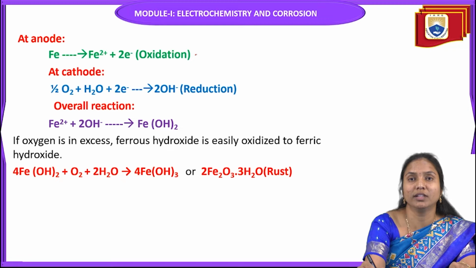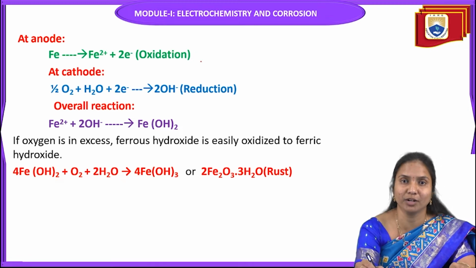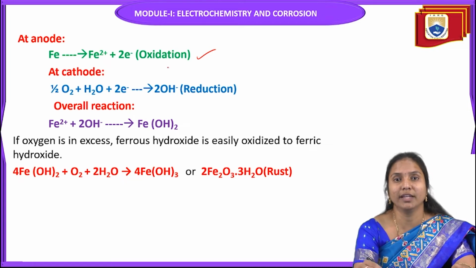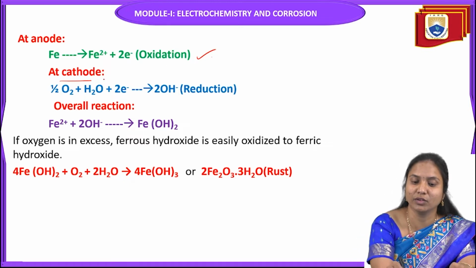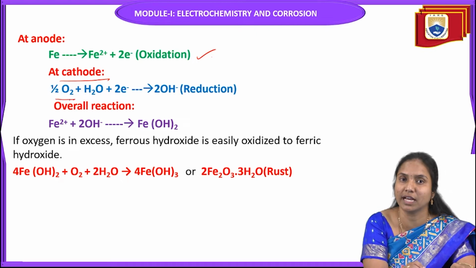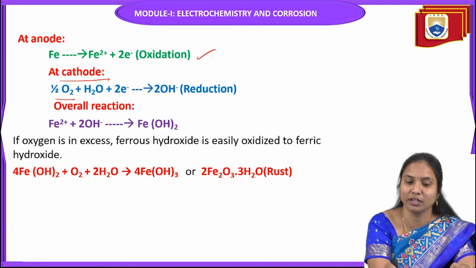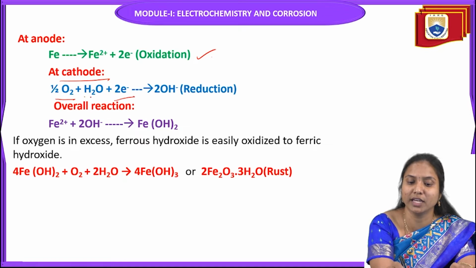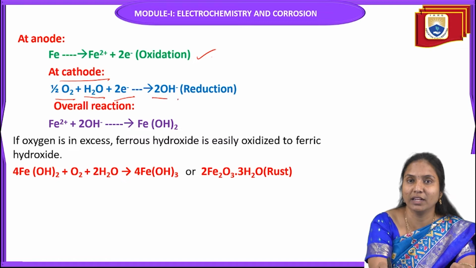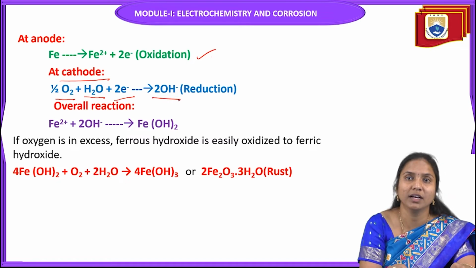So what reactions take place in this absorption of oxygen? At the anode, iron metal undergoes oxidation, giving iron metal ions and a loss of 2 electrons. These electrons are consumed at the cathode. At the cathodic area, atmospheric oxygen is present and it consumes electrons and interacts with H2O, because the metal interacts with a neutral medium. Finally it gives 2 OH minus ions.